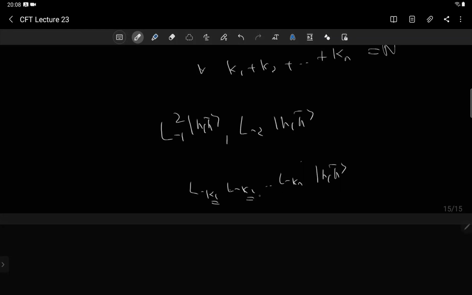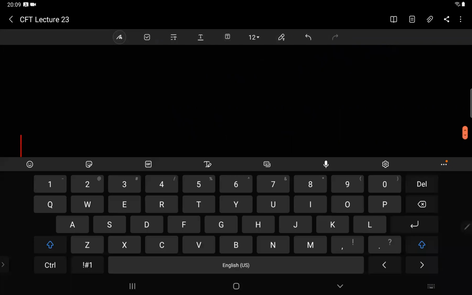ফর ইনস্টেন্স এখানে একটাই k আছে, k1 শুধু একটা। আর এখানে দুটো আছে, কিন্তু k1 ইকুয়াল টু k2। এখানে এটাকে আমি লিখতে পারি L minus 1, L minus 1 HH bar। এটা হচ্ছে k1, এটা হচ্ছে k2, আর দুটো সেম। ডেফিনিশন হচ্ছে k1 লেস দেন ইকুয়াল টু k2 লেস দেন ইকুয়াল টু k3, এমনি করে লেস দেন ইকুয়াল টু k স্মল n। আর এখানে একটাই আছে L মাইনাস k1, যেখানে k1 হচ্ছে 2, আর এখানে দুটো আছে k1 ইকুয়াল টু 1, k2 ইকুয়াল টু 1।